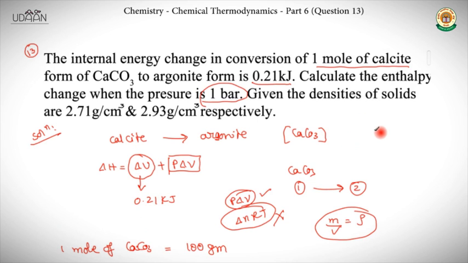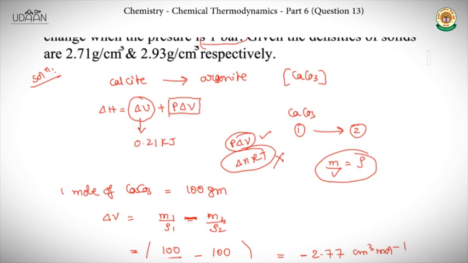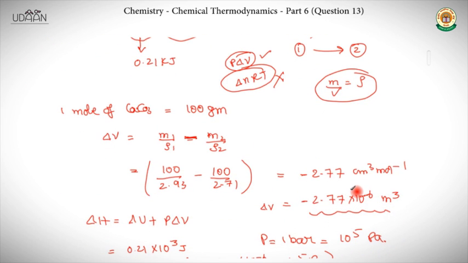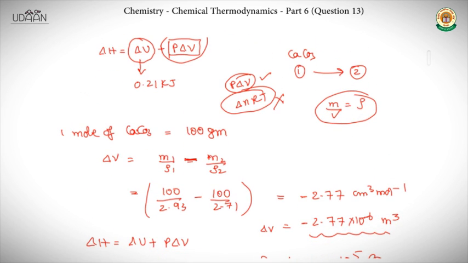So in this question, they gave calcium carbonate conversion from one form to the other, and they asked us to find the enthalpy change. So we started with our basic equation, and the main task here was finding delta V, the change in volume, which we calculated using the densities given in the question. Whenever you need to find out work done, remember that you can calculate it by P delta V or delta n RT. Do it as given in the question, with the hints that are given. We'll move on to the last question now.